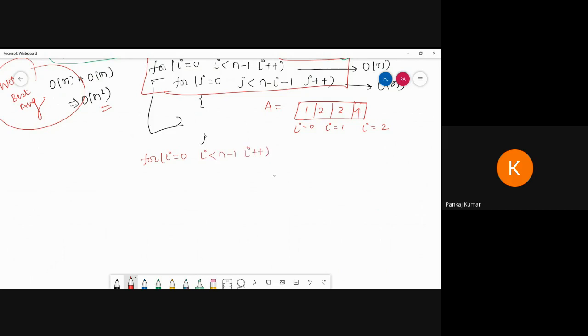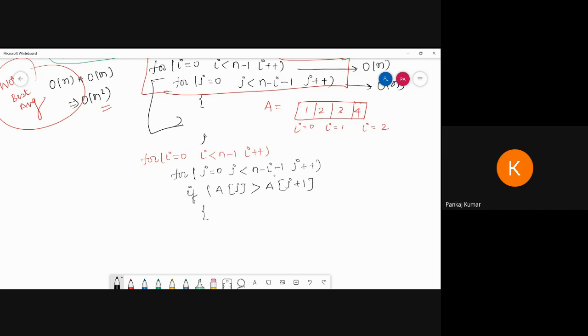Then again you write a for loop, and here you write j equal to 0 and j less than n minus i minus 1 and j plus plus. And inside that we write if a of j is greater than a of j plus 1.